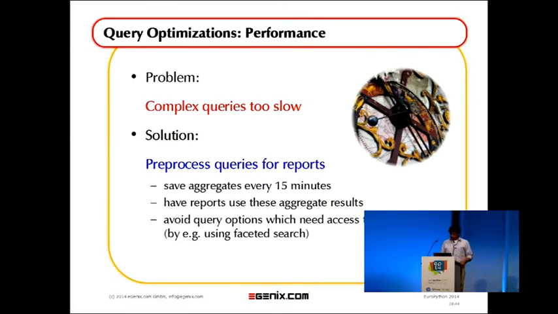Now, the next point is complex queries run too slow. For example, you have a report that's running on millions and millions of rows. Those will usually take a few minutes to run, depending on how complex they are. Of course, users don't want to wait a few minutes for this. So a common strategy is to pre-process some parts of those queries. So every, say, 50 minutes, you run the queries, you put them into a separate table, and then you run your reports on those query tables.